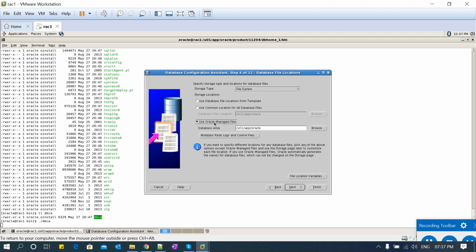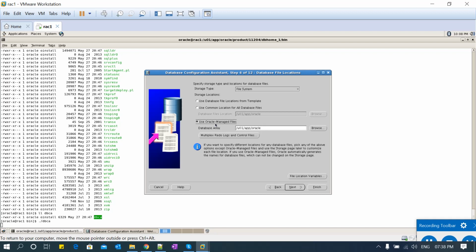Other than that, if you use Oracle Managed Files, OMF, you just give the path location, and all the naming convention will be taken care of by Oracle, with unique alphanumeric characters used for all the files like system, sysaux, and all the data files.